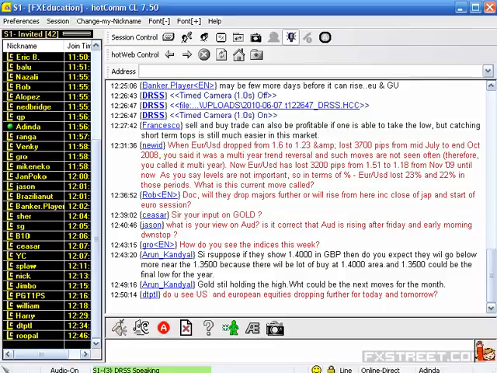Then Caesar, your input on gold. Gold is expected to drop. They gained the level of 1220 and they are expected to drop it again. They are slowly building sell positions in gold now, and that money is being pumped into the currency market. That is why they sustain the levels, similar to sustaining the levels in the case of Euro 1.60.